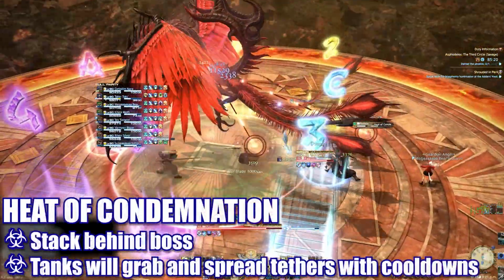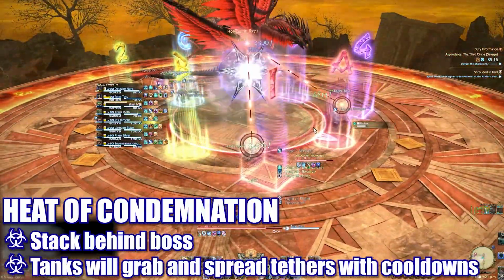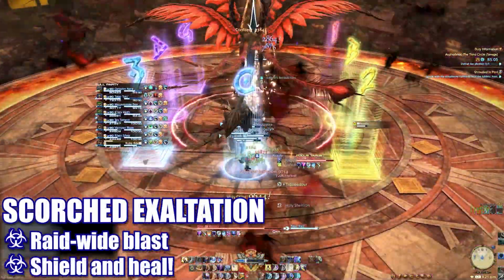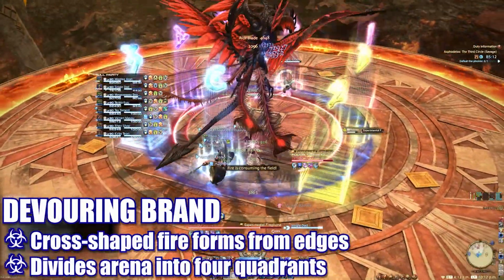Next up, players can reposition behind the boss to allow the tanks to easily pick up the next set of tethers for another Heat of Condemnation double tank buster. This is immediately followed by another Scorched Exaltation raid-wide blast. The boss will then cast Devouring Brand, and fire lines will form in a cross-shaped pattern at the outer edge